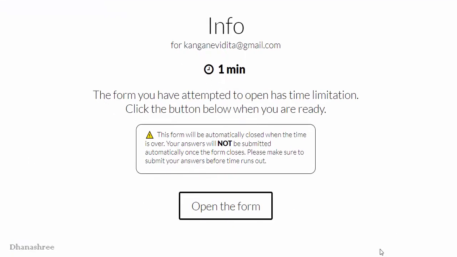And you can see a message is displayed stating that the form you have attempted to open has a time limitation. Click the button below when you are ready. So as soon as I start my form, it will end within a minute. And here is a warning that this form will automatically close when time is over and your answer will not be submitted automatically. So if I click on open the form,